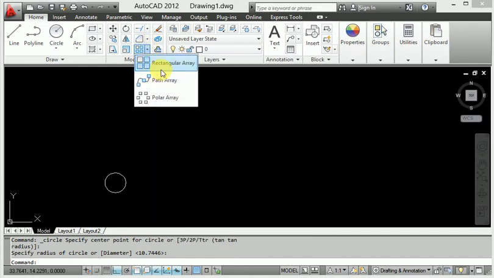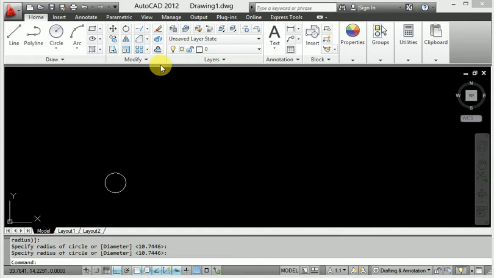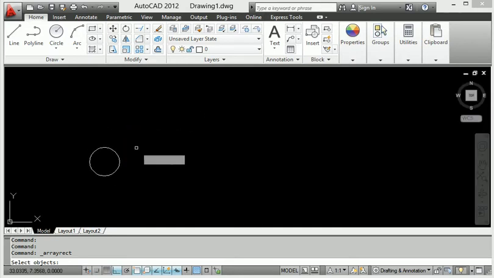When I click rectangular, it means linear pattern. Here linear pattern is directly applied. You can select the line here, this circle, line and rectangle, and press enter.